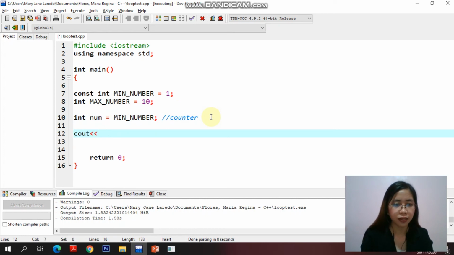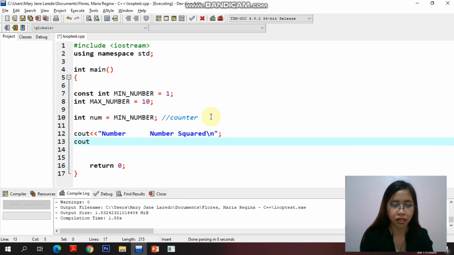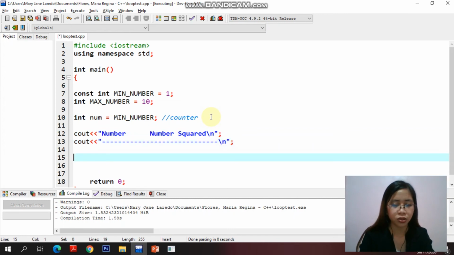Cout number squared \n cout. Yan, so lagay lang tayo nito. Then another \n. So let's add while loop. While, and then inside the parenthesis is the condition.